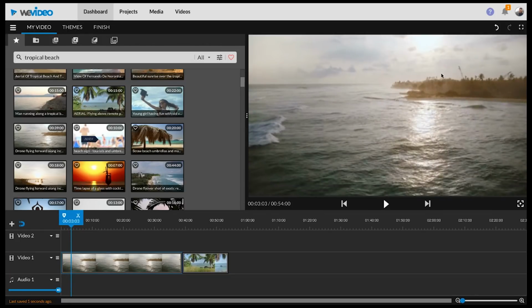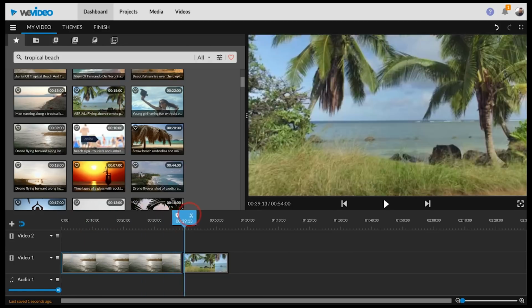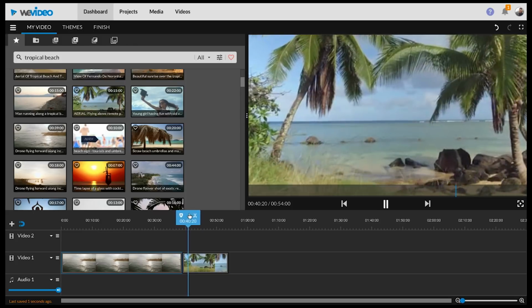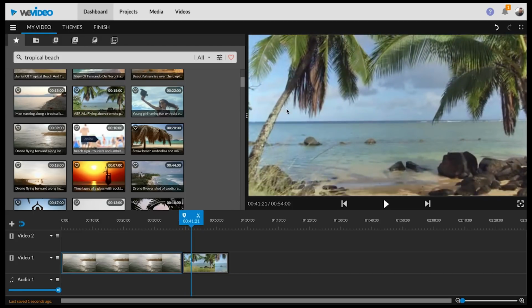Now, keep in mind up here when you're looking at the finished video of your project, if you're worried about the image quality, this is essentially a rough edit. So it's not completely rendered. If you're worried about the pixelation or the image quality, once you're finished and you export it at full image quality, it'll come out much more clear and much more crisp than what you're actually seeing in real time